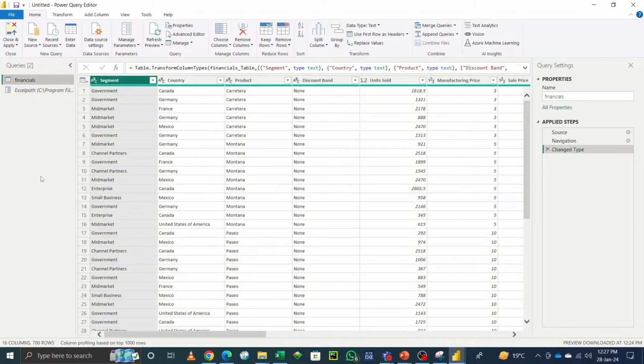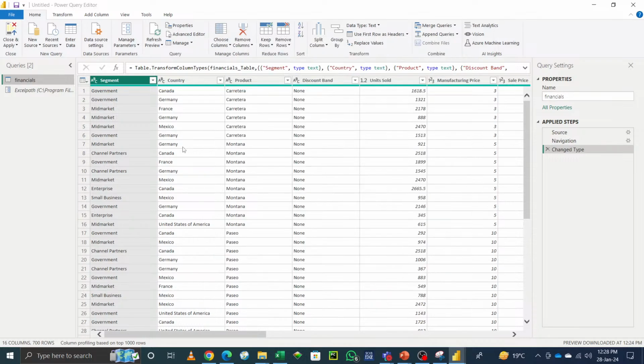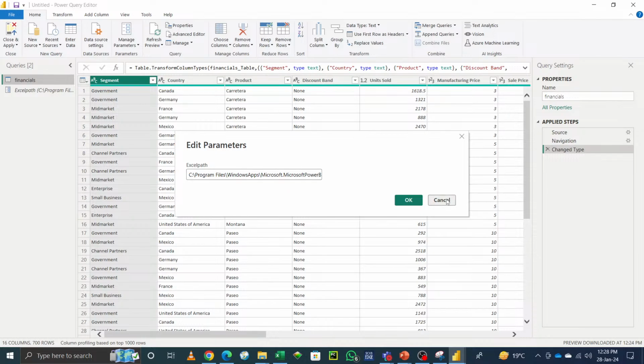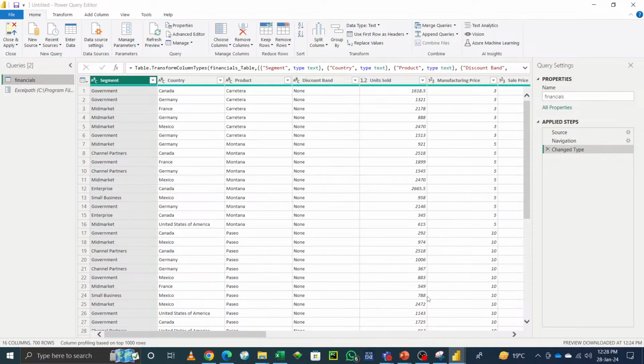Now suppose मैनेज पैरामीटर से जो लिंक आपने लिया वो यहाँ पर पेस्ट कर दिया, दैट्स इट ना? हाँ, that's it। अब चेंज टाइप में जाकर या सोर्स में जाकर ही चेंज करोगे ना आप? ये एडिट क्वेरी पे हम आए, यहाँ पे पावर क्वेरी एडिटर में, यहाँ पे ऑप्शन है मैनेज पैरामीटर एंड देन गो एंड चेंज दैट। ठीक है, यहाँ से एडिट पैरामीटर में आके चेंज कर लो। यहाँ से भी कर सकते हो। फाइनली सोर्स मतलब जहां से डेटा हम पिक कर रहे हैं, राइट? हाँ, करेक्ट। ओके, ठीक है।